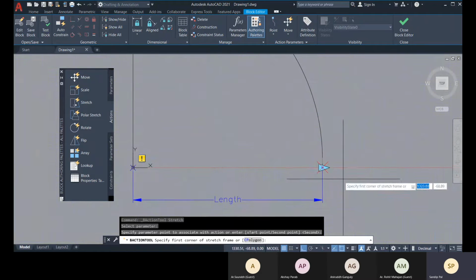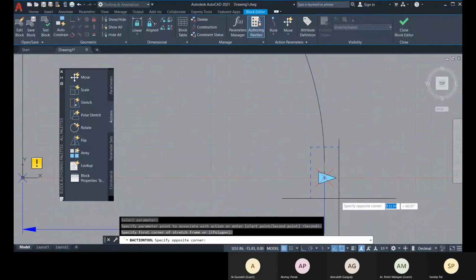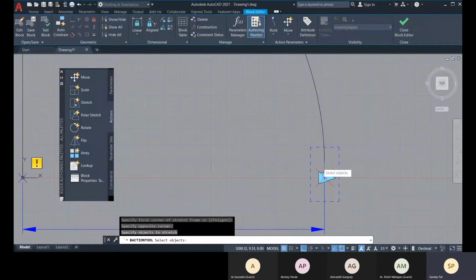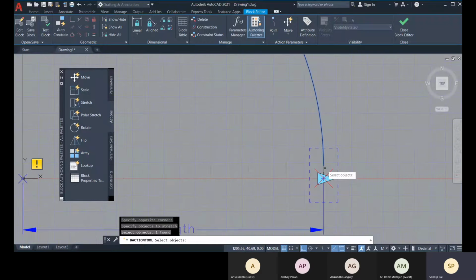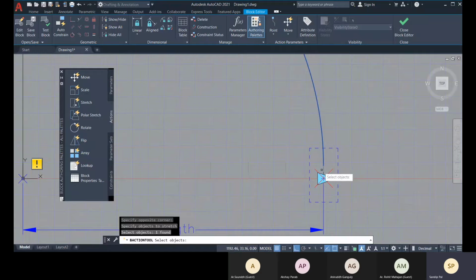Okay, so for that this will be the corner. Within this, there are these objects, and there is a line. For that, within this customization, the selection cycling option should be on, and when I try to select it, see,